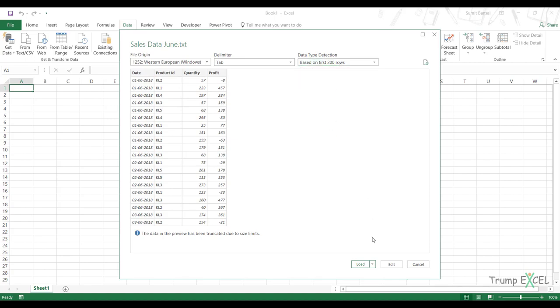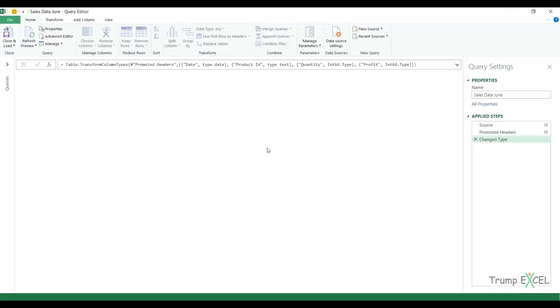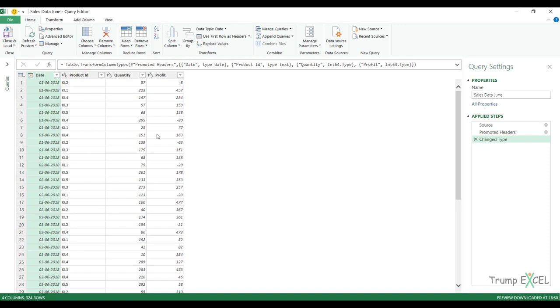Now there are two options. First, you can load this data in Excel. So you can click here and load it, or you can edit it in Power Query. And what I want to do is edit, because I do not want these KL alphanumeric strings. I only want the number. So I would click on edit. This will open the query editor,